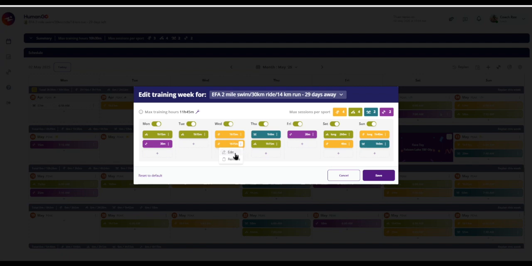From here, I can also edit that workout. I'll come back to that later on in the video, and I can delete it as well. Now, if I want to get very specific and override Hugo's recommendations for each of these time slots that I've allocated for each of my sports in my training week, I can select the magic icon up here